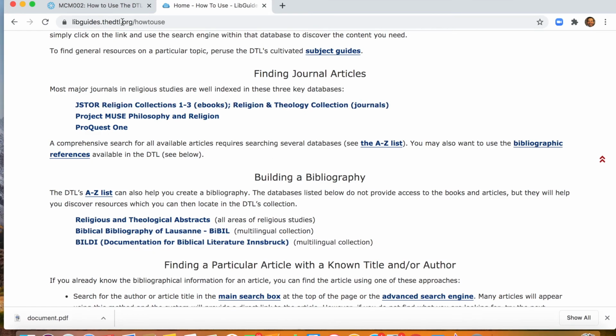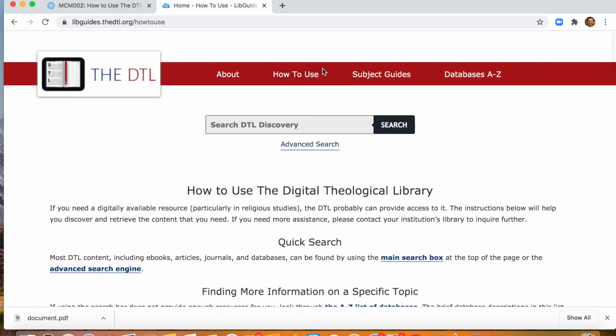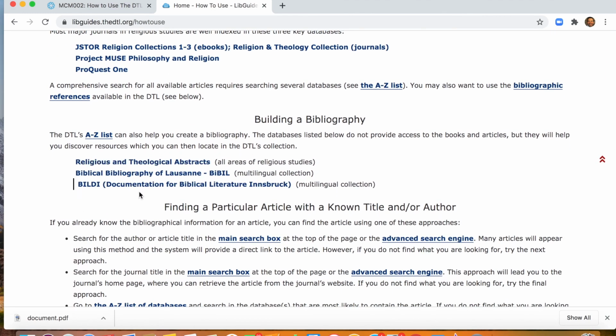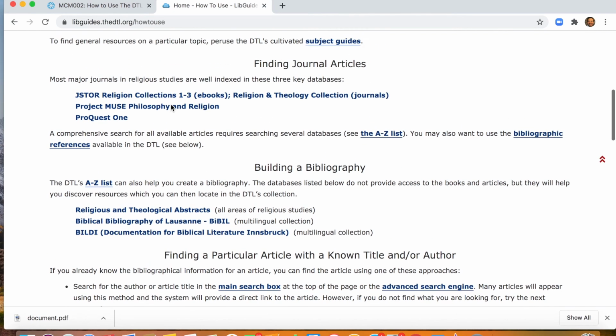So not only will you find it in this course on library orientation, but once you are finished with this session, you won't have access to that library orientation. It's just to help you see how to use that. Once you have your courses in NSBT, you can always just go to D2L and go to how to use, and you scroll down and you'll find there the very things I'm showing you right now, finding journals, building